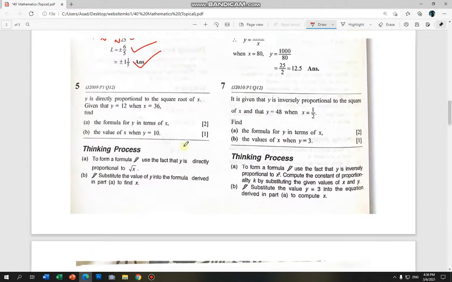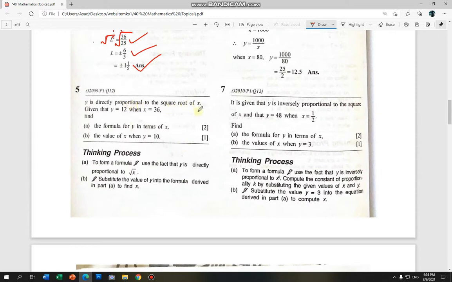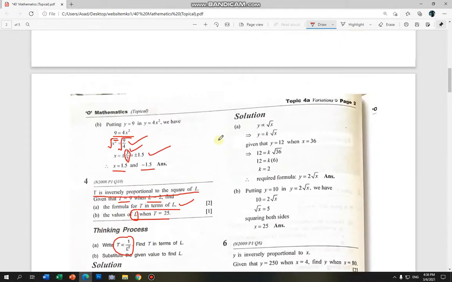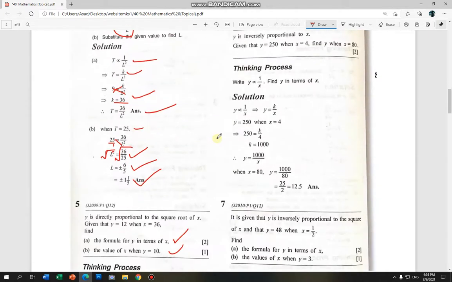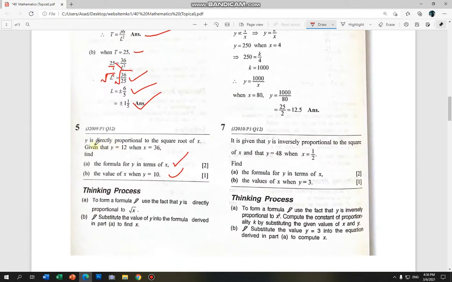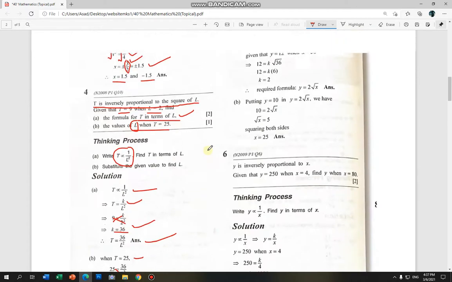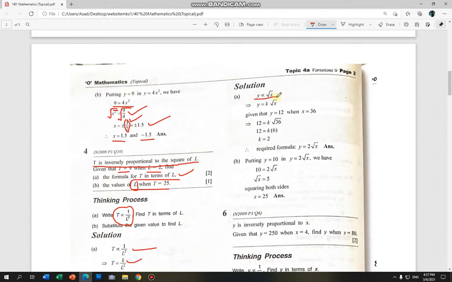Question number 5. Y is directly proportional to the square root of x. Given that y is equal to 12 and x is equal to 36, find the formula for y in terms of x and the value of x when y is equal to 10. Now this is the solution. Y is directly proportional to the square root of x. Omitting this proportionality sign, you notice that y is equal to k under root x. Given that y is equal to 12 and x is equal to 36, putting these values in this equation,